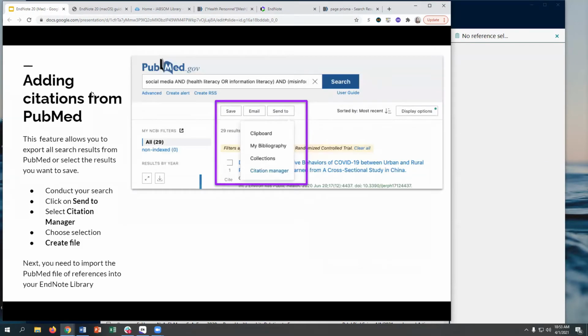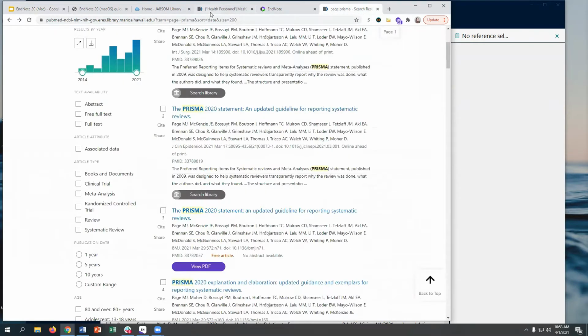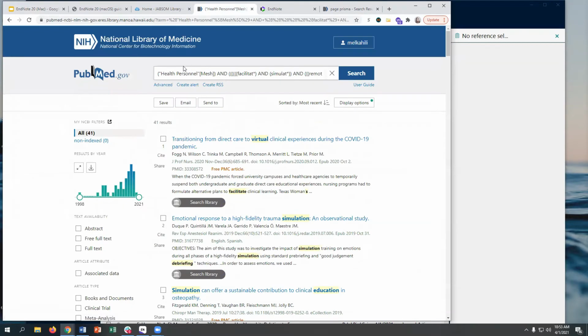Okay, so next we'll look at how to add citations from an outside database, but we'll look at PubMed. So I have a PubMed window open already. I'm going to go to this one. So I went to PubMed, I ran my search, and I have 41 results. And what I think